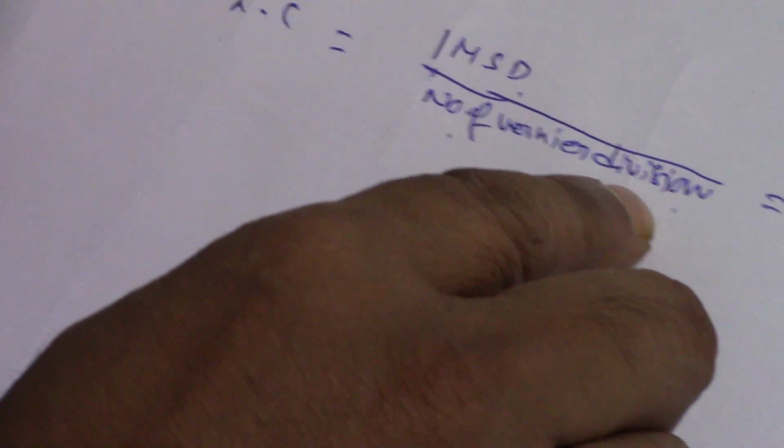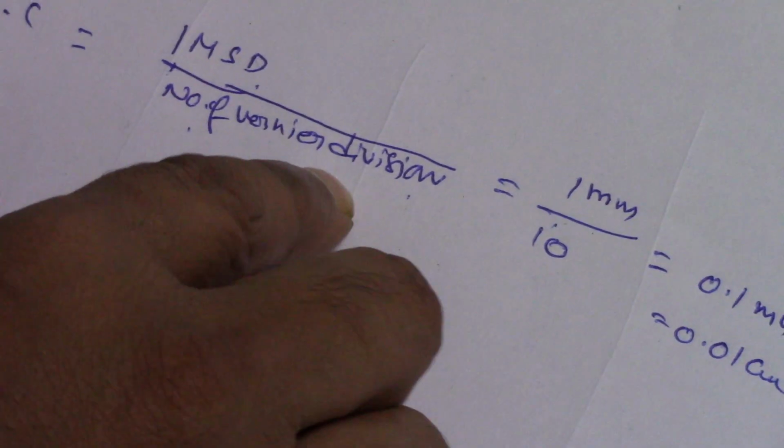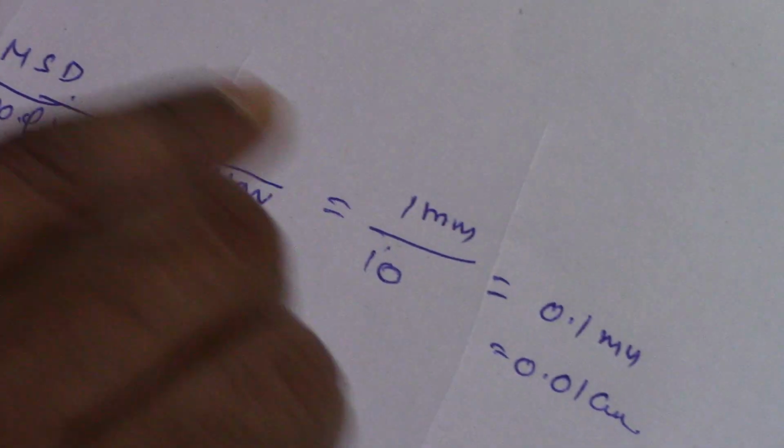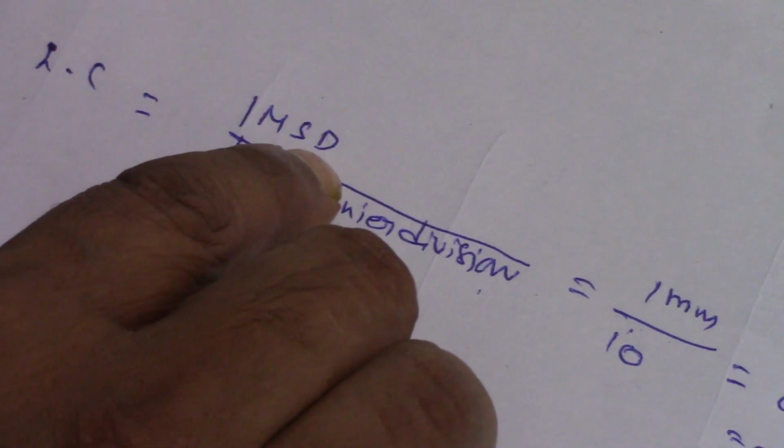The formula for the least count is 1 MSD divided by the number of vernier divisions. The denominator is very clear, students. Here you can find only 10 lines: the 0th line, 5th line and 10th line. So the number of divisions is 10. What is one main scale division value? If you observe, this is the centimeter scale: 0th centimeter, 1 centimeter, 2. If you take any two successive